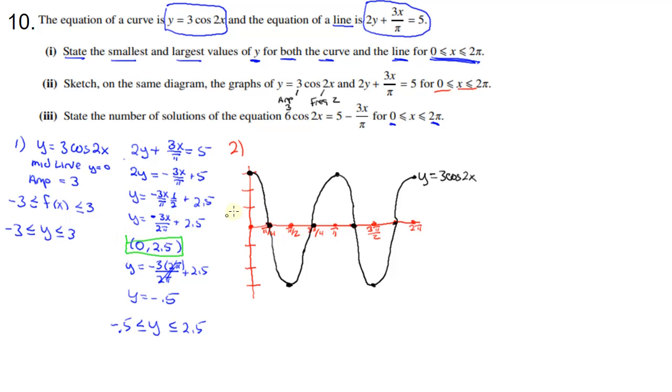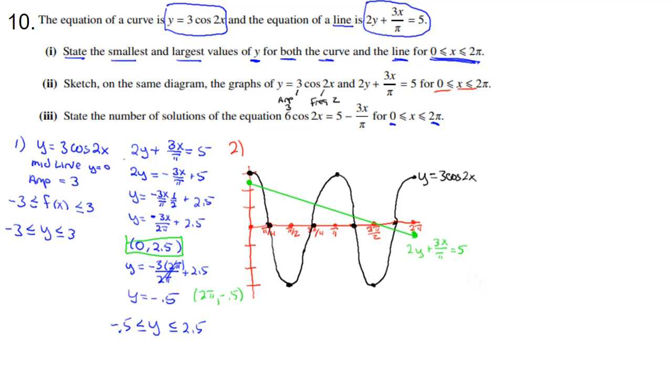And then the other one's a line, and I know the y-intercept for that. That's going to be (0, 2.5). I know it's got a negative slope, and I know the other point is going to be (2 pi, negative 0.5). So I can plot these points, and I know it's a line, so I just got to connect them. And there you go, I've got both graphs, and like I said before, if I've got more than one function on a graph, I should label them. And that's that. Now in part 3, what they want us to do is they want us to state the